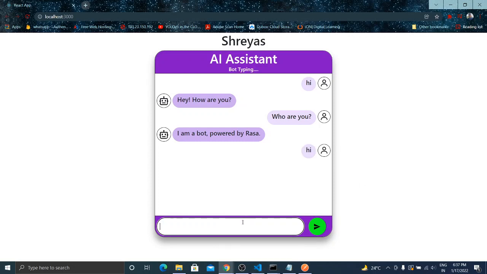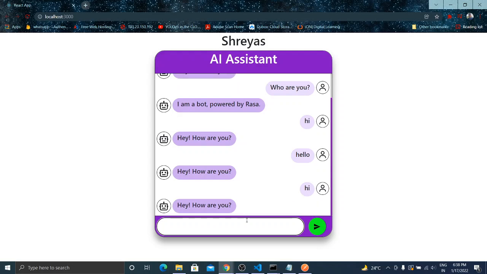Also hi, again hello. There are many features like automatic scrolling. You can see that it is automatically scrolling down as the length of the messages increases and your chat grows with the chatbot. Hello.